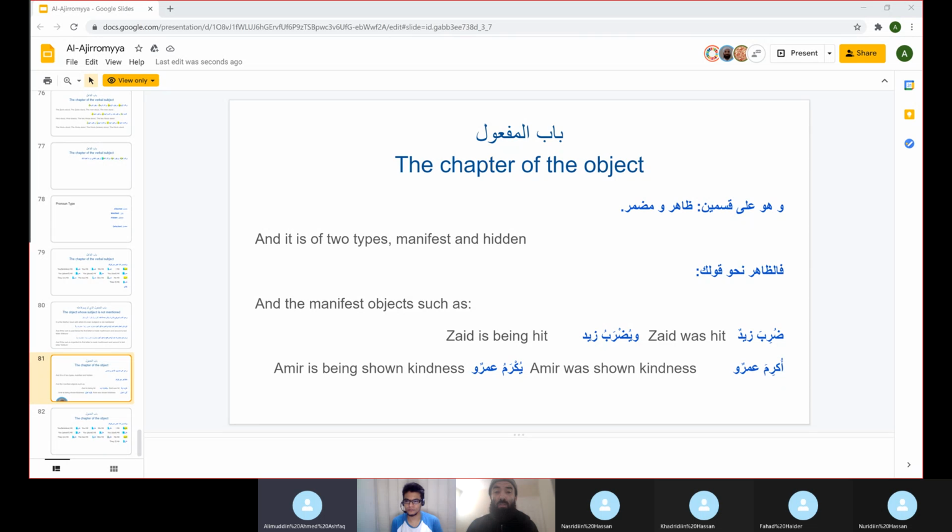The manifest, some examples for the manifest, and I've translated it here word by word, but if I was to translate it in a way that would actually make sense in English, I would say: some examples for the manifest object are